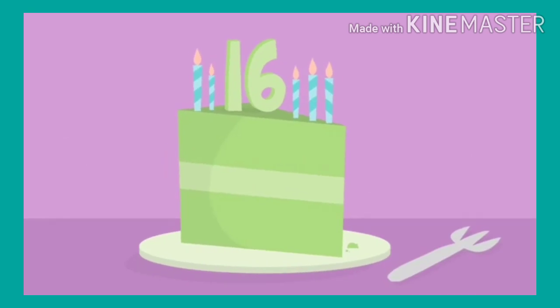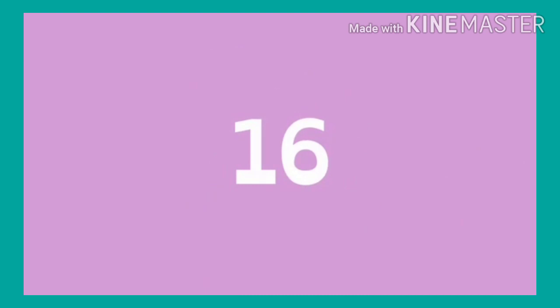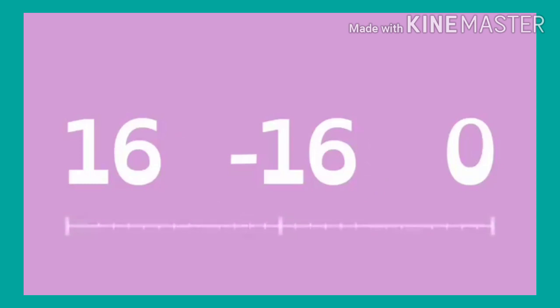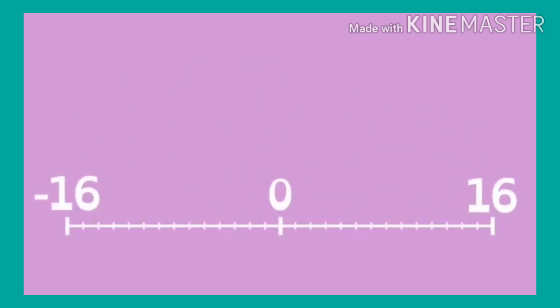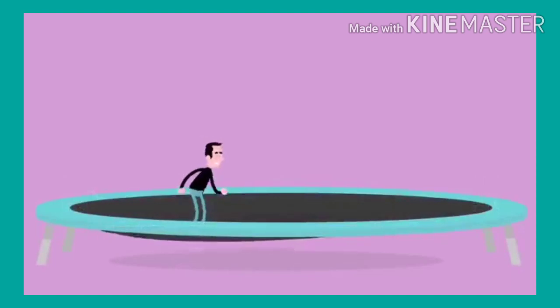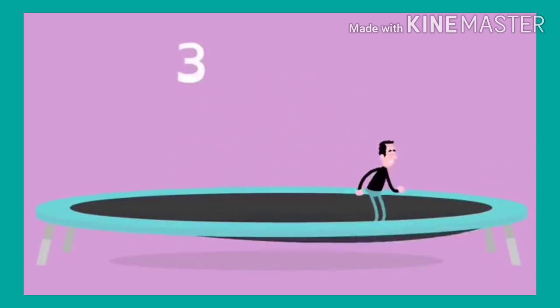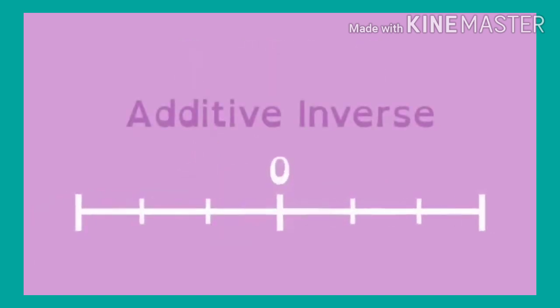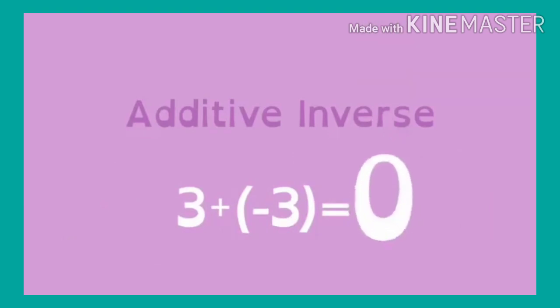Figuring out the additive inverse seems easy, and it is. Pick a number. The additive inverse of that number is the one that makes 0 when added to it. Visually, this means they are equal distance away from 0 on the number line. You can use it to describe opposites. If you did a front flip on a trampoline and then did an additive inverse backflip, then you'd be right where you started. That's additive inverse, a number that is the same distance from 0 on the number line, but in the opposite direction. When you add them together, you get a big fat 0.